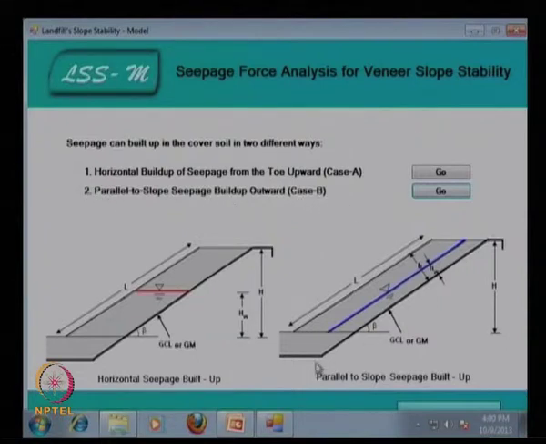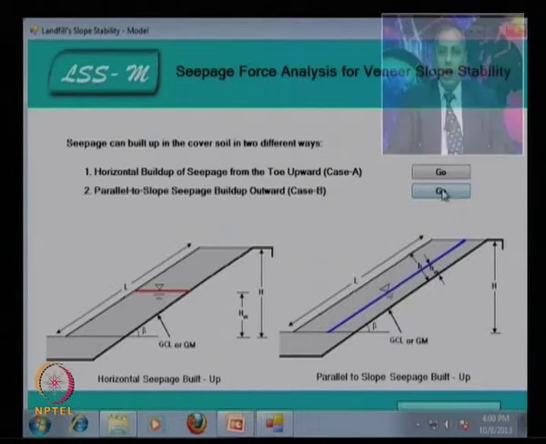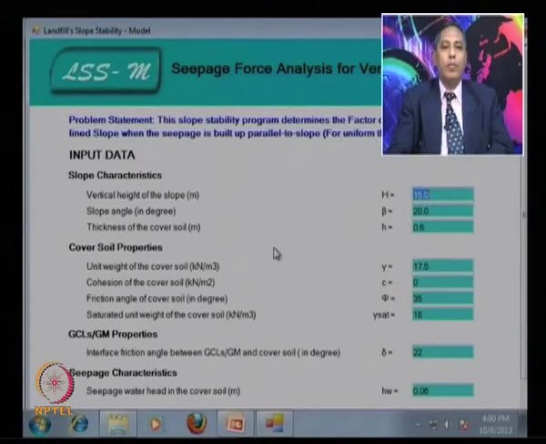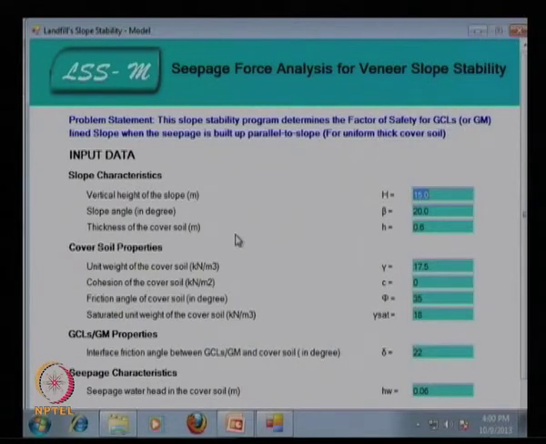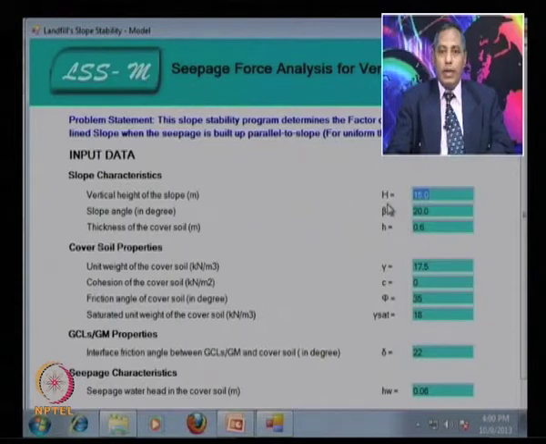I will show you the horizontal buildup, now the parallel to the slope seepage buildup. So, like this parallel to the slope, if it happens, then how you can make use of this program. This is the problem statement. The slope stability program determines the factor of safety of geosynthetic clay liner slope when the seepage builds up parallel to the slope for uniform thickness. Here the input data, slope characteristics: vertical height of the slope H is equal to 15 meter, beta angle 20 degree, and h is equal to thickness of the cover soil is 0.6 meter,